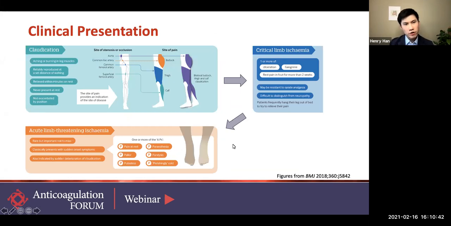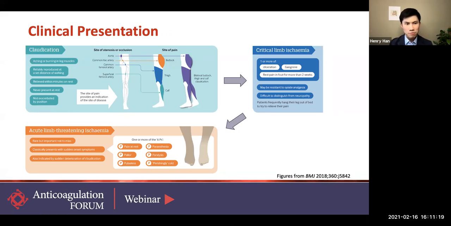So quickly going through clinical presentation, before we even get to claudication, certainly you can have asymptomatic PAD. This is usually diagnosed using vascular lab studies, such as with ankle brachial index and occasionally with other imaging modalities, such as CT angio. After asymptomatic disease, we typically see intermittent claudication in patients with lower extremity PAD. And this is described as an aching or burning sensation in leg muscles. Sometimes patients will also describe a cramping sensation within their buttock, thigh, or calf.